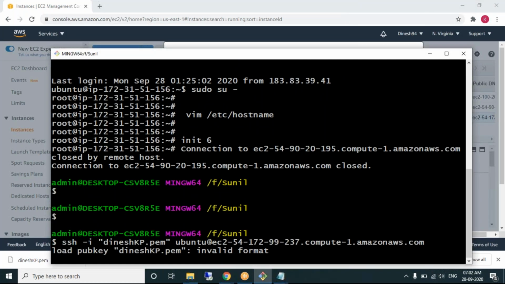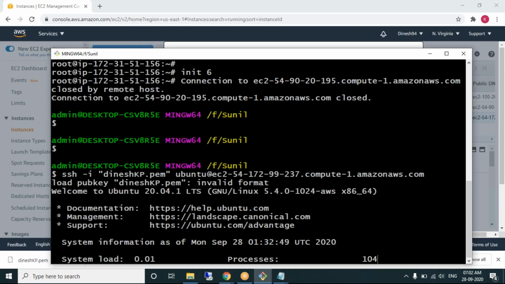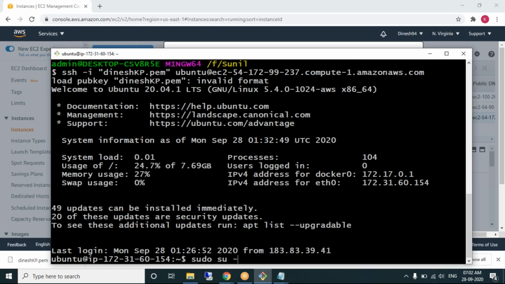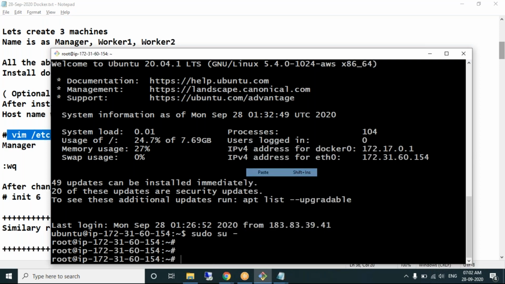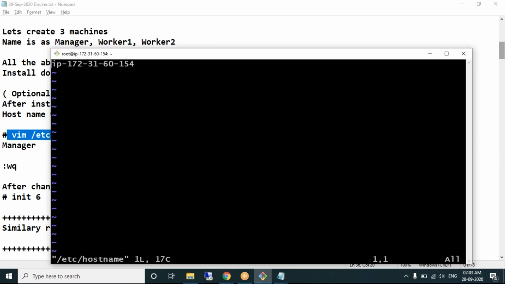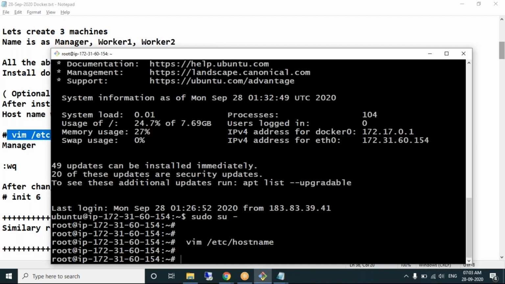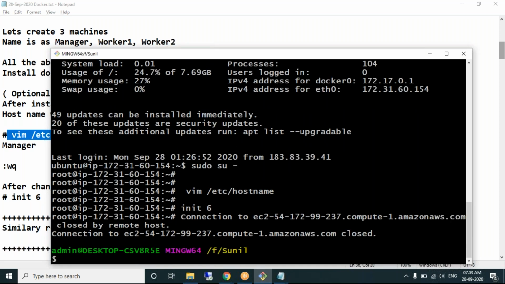Connected to third machine. I have changed the host name of all the 3 machines.